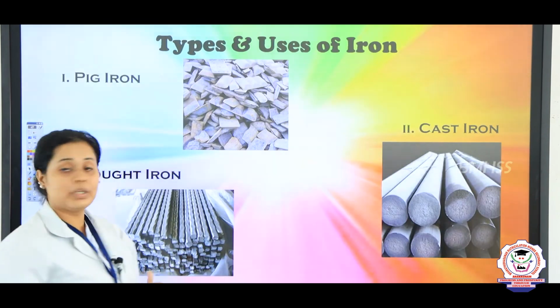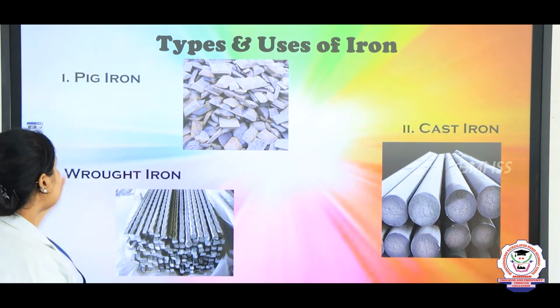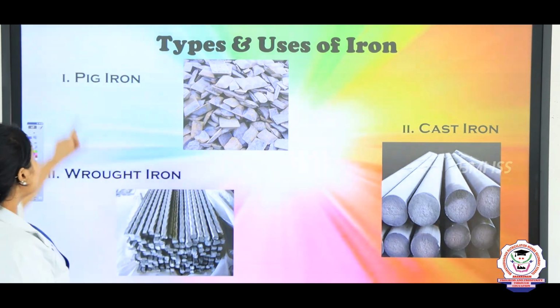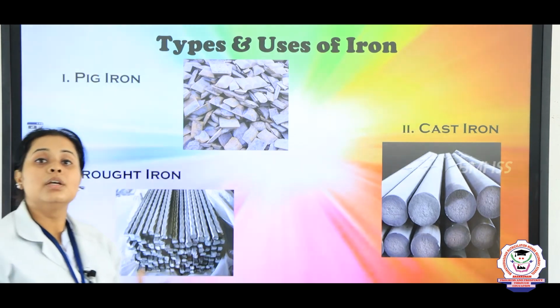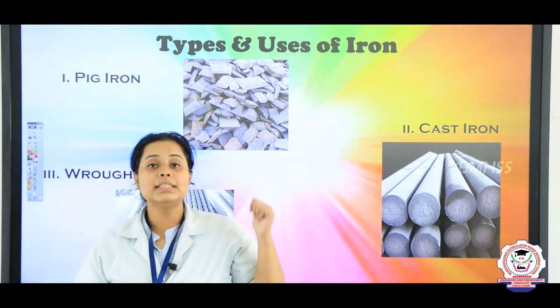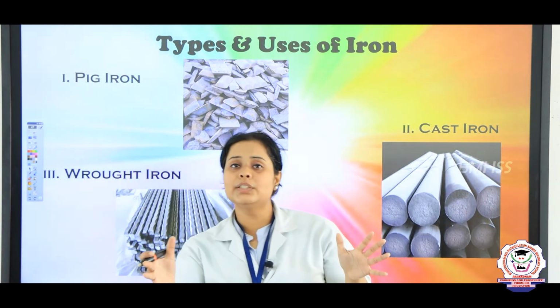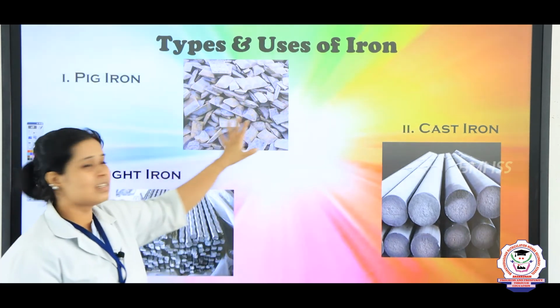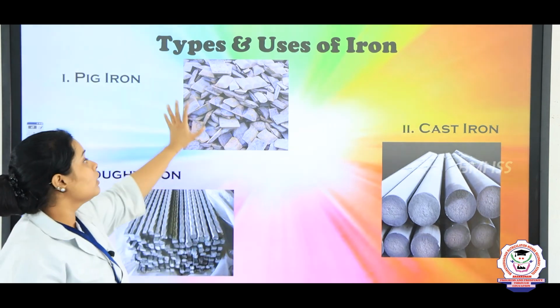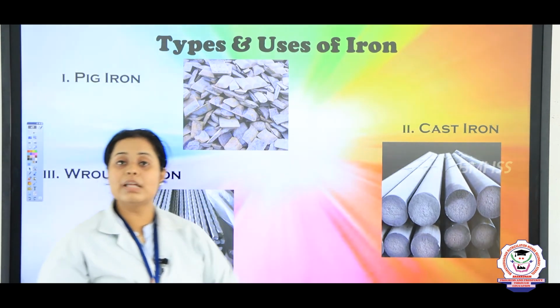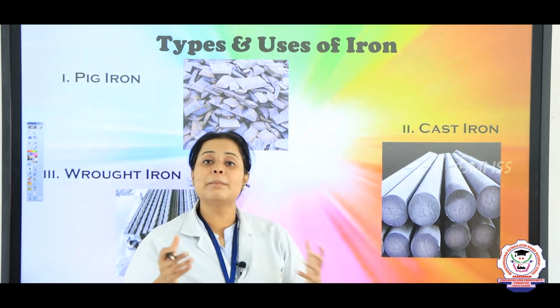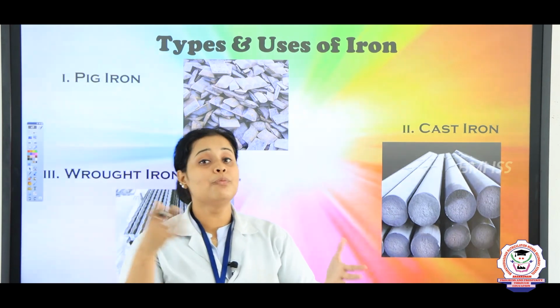Yes. Now, let us see what are the types and uses. So, children, I told you that there are majorly 3 types of iron. So, first one is known as pig iron. So, children, pig iron means in this 2 to 4% of carbon is present, that is why you can see that the color is a little bit dullish, right. So, these types of iron, that is pig iron, can be used to make railway tracks or even some kind of instruments or even vessels.